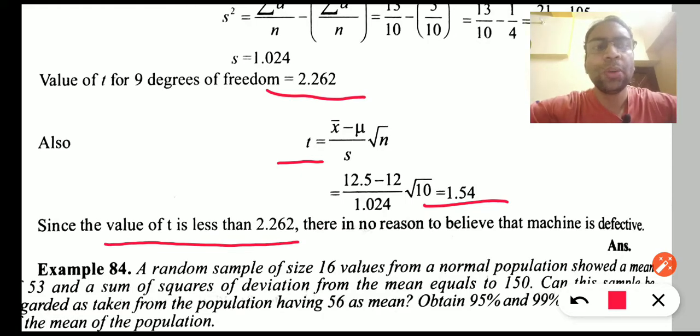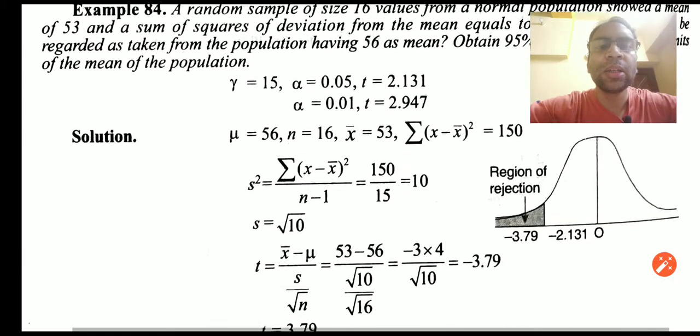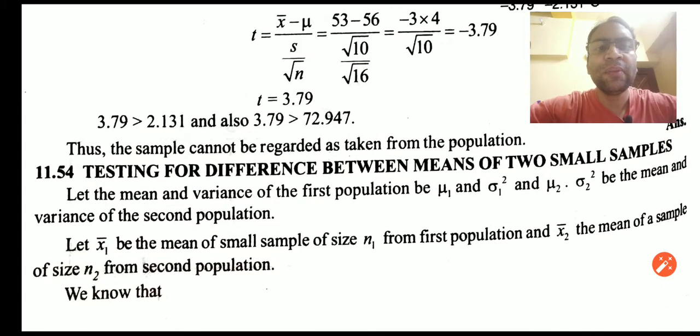So this is how we can solve the hypothesis question based on the T test. We had seen that there are two major goals of the T test. One we had already covered, identifying whether the hypothesis has to be accepted or rejected. Now let's talk about the second objective of this T test. This is testing for the difference between means of two small samples. So this is the next objective, that we can test for the difference between means of two small samples.